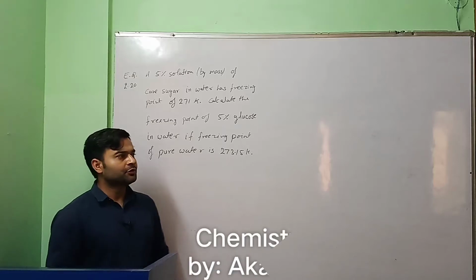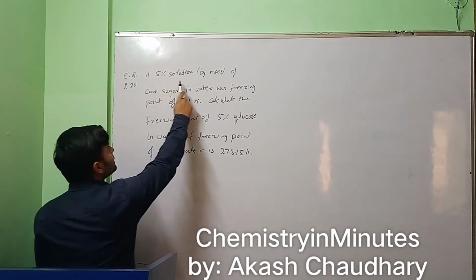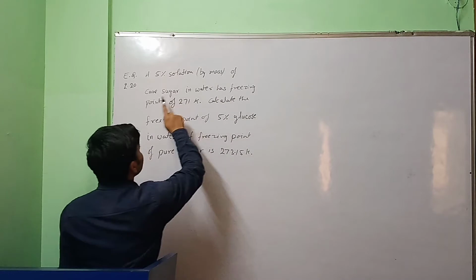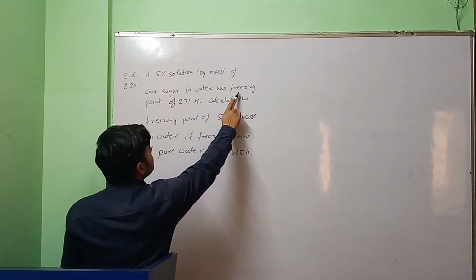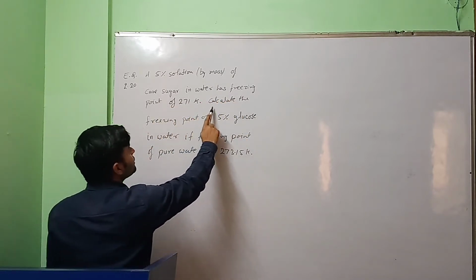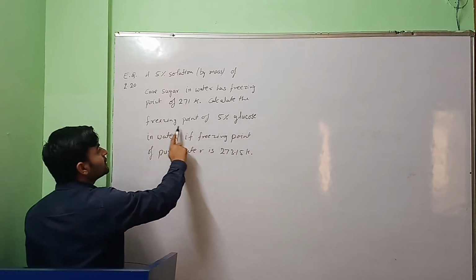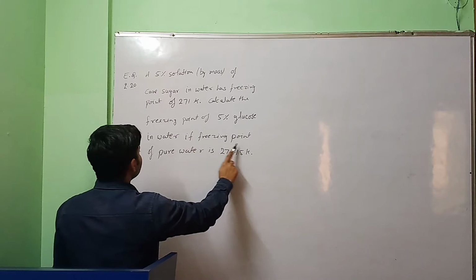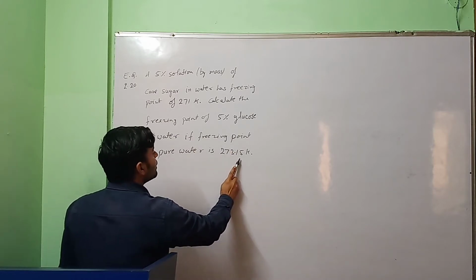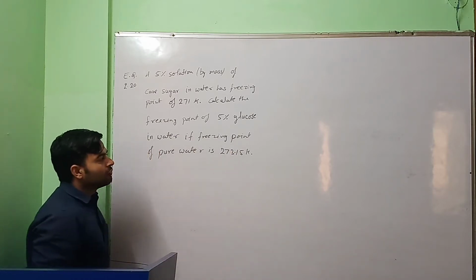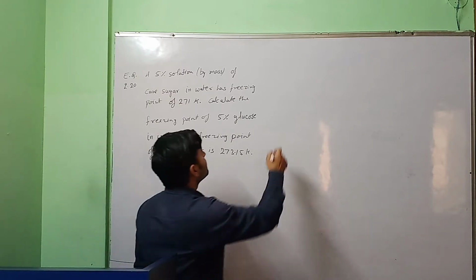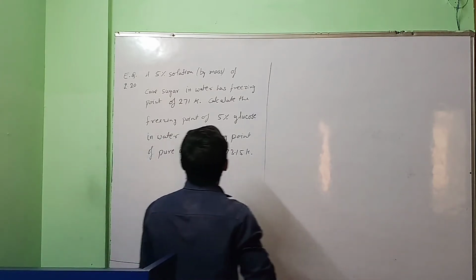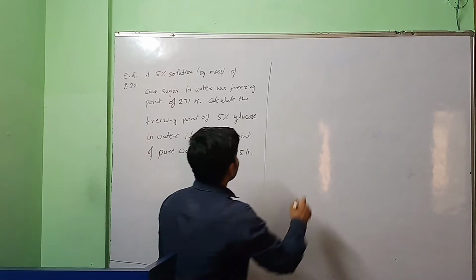The question now we have on the board is: a 5% solution by mass of cane sugar in water has a freezing point of 271 Kelvin. Calculate the freezing point of 5% glucose in water, if the freezing point of pure water is 273.15 Kelvin. So, to solve this question,